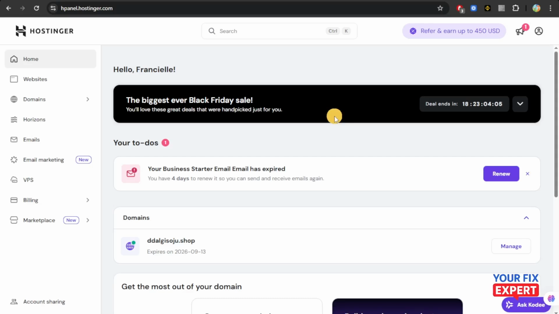This is how you're going to add signature in Hostinger Webmail. You will use the Roundcube Webmail client, which is the default for Hostinger. First thing that you're going to do is you're going to make sure that you are in the hpanel.hostinger.com, and